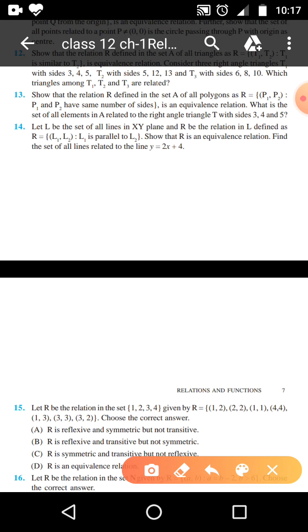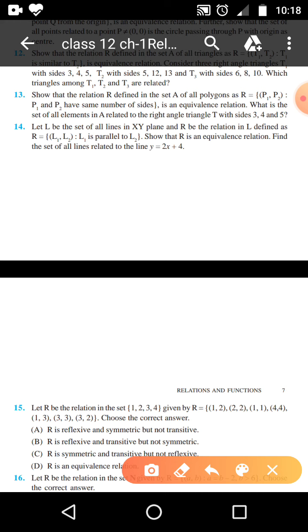Let L be the set of all lines in the xy plane and R be the relation in L defined as R is equal to {(L1, L2) such that L1 is parallel to L2}. Show that R is an equivalence relation and find the set of all lines related to the line y is equal to 2x plus 4. So in the first part of the question,